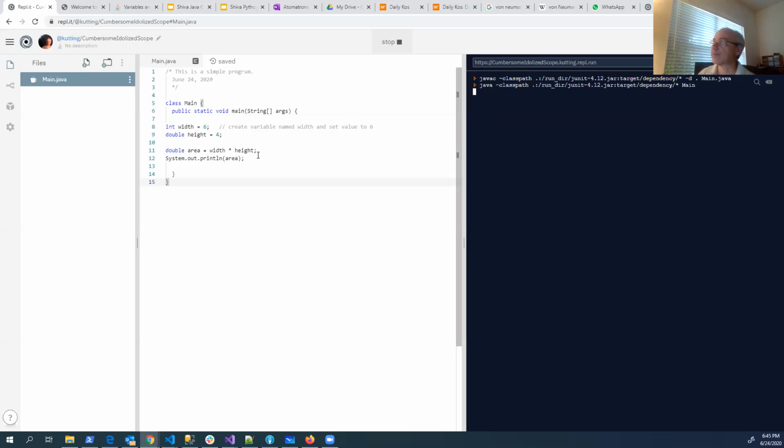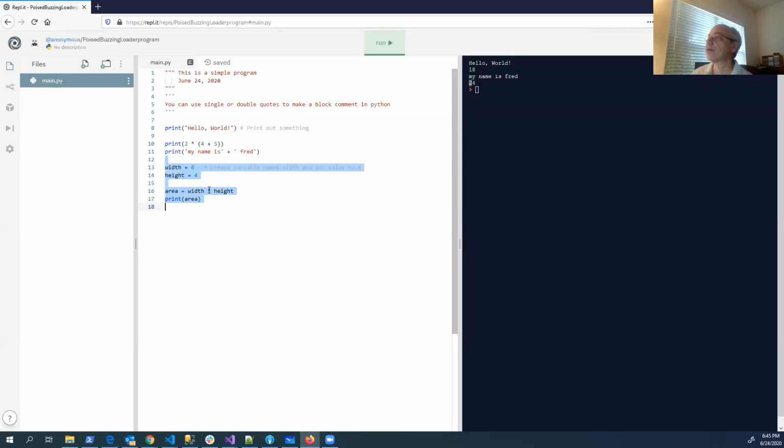Anyway, my point is that, so there you go. So it's 24.0. In Python, if later on in my program I wanted to change width to 9, so I say width equals 9, and then I run my program, it runs without complaining.